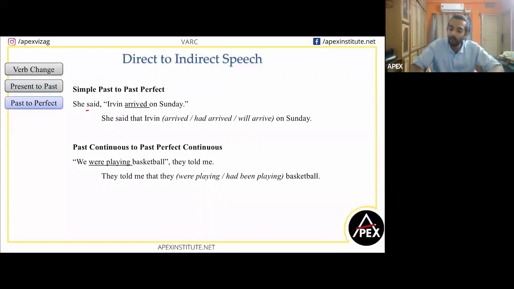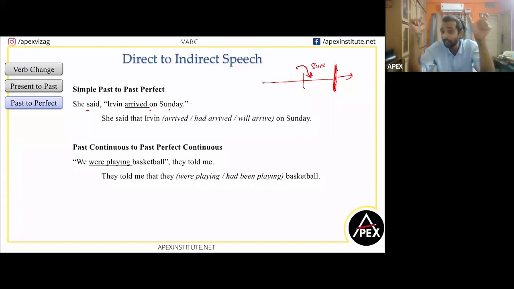She said Arvind arrived on Sunday. ఇలా తీసుకోండి, ఇక్కడ సండే ఉన్నది, అరవింద్ ఇక్కడ వచ్చాడు. ఓకేనా? ఇప్పుడు ఈ కాన్వర్జేషన్ ఎప్పుడు అవుతోంది? ఈ యాక్షన్ అరైవ్ అన్న యాక్షన్ అయిపోయిన తర్వాతే కదా అవుతుంది, అవునా? అంటే మీరు నాకు చెప్పేది ఏదైతే ఉందో అది యాక్షన్ అయిపోయిన తర్వాతే మీరు నాకు చెప్తున్నారు. ఎస్. సో what are perfect actions, perfect tenses గుర్తున్నాయా? One action is over, second action is happening or second action is starting కదా. సో logically I have to use perfect tenses.